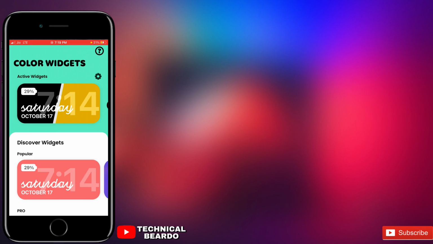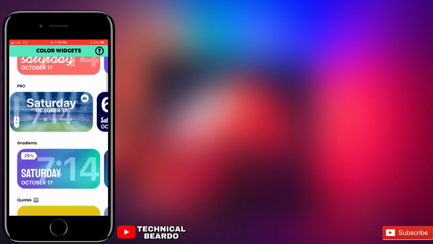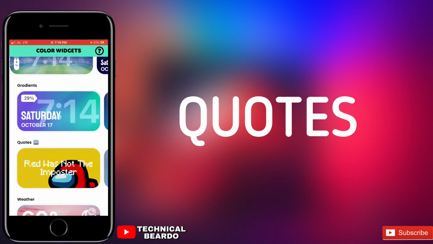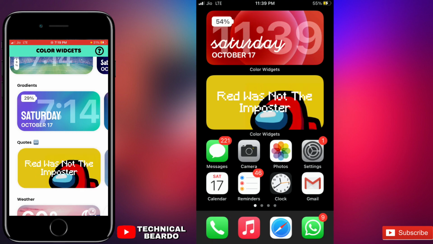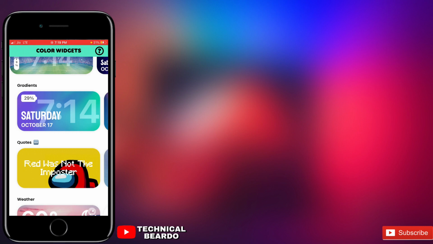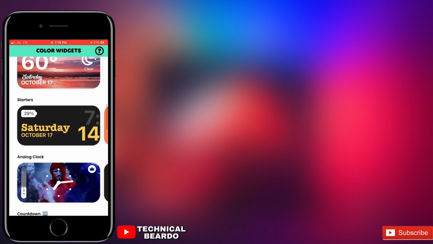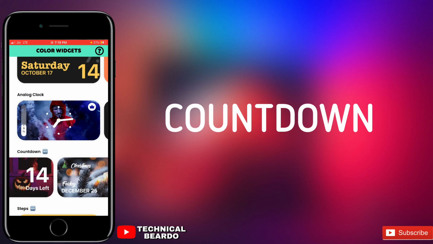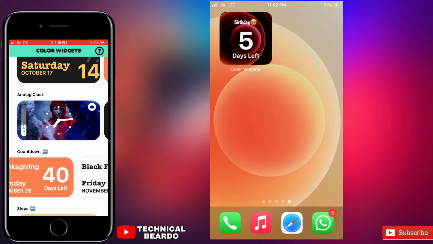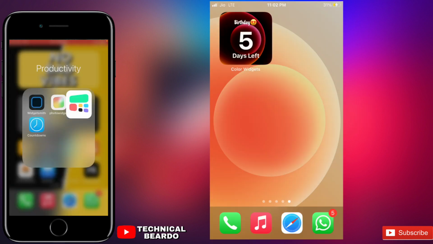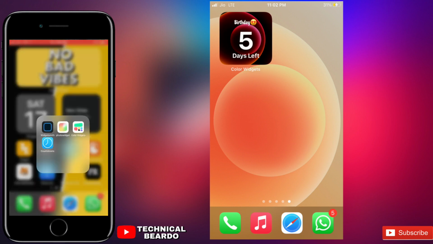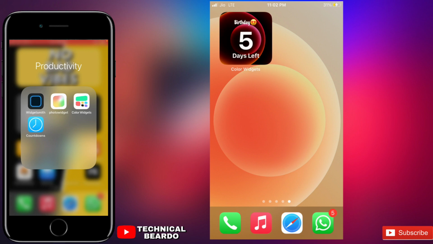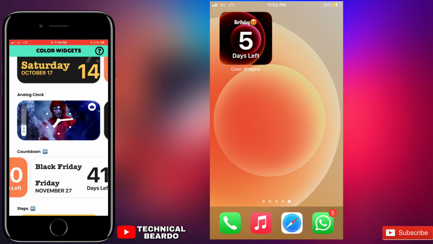Then we can go and see the customization features. So let's see. Just scroll down. If you scroll down, first you will see your quotes. This is new. So from now onward, you can add your quotes on your home screen very easily with these widgets. If you scroll down a little bit, you will see something called a countdown. So from now onwards, you can put widgets in countdown mode. For example, on my home screen there is a countdown widget, right? For this I am using a separate countdown application, but from now onwards, you can use the same application for the countdown as well.